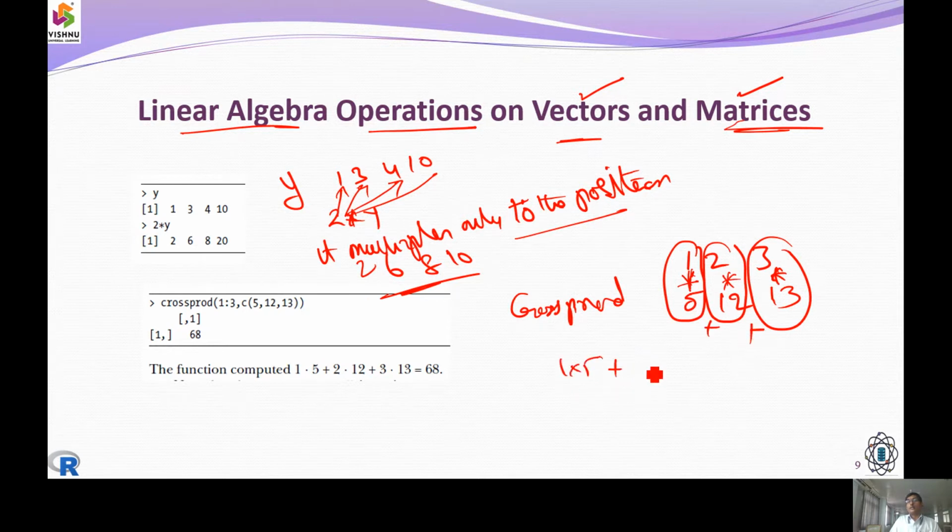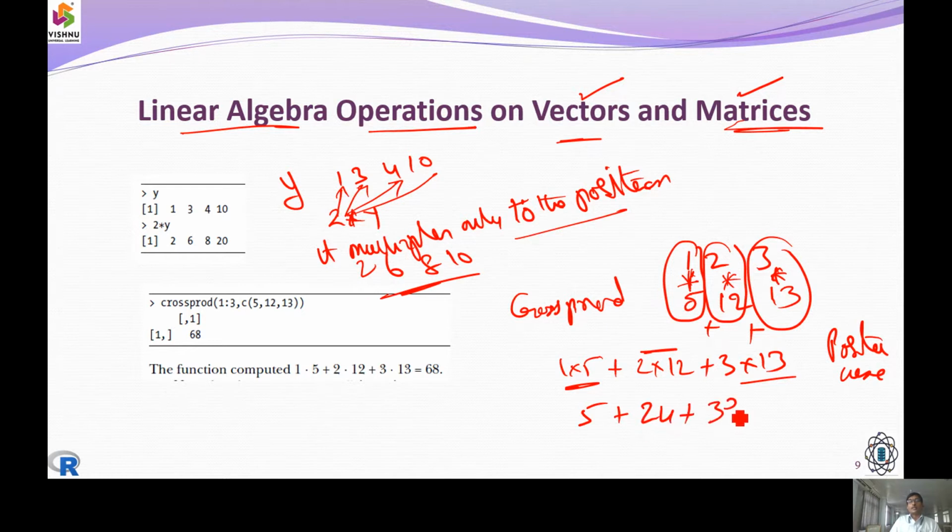So it does 1 into 5 plus 2 into 12 plus 3 into 13. So position wise it is going to perform the arithmetic operations. So it does 5 plus 24 plus 39, and obviously it is going to get the value of 68. So position wise content is going to move up.